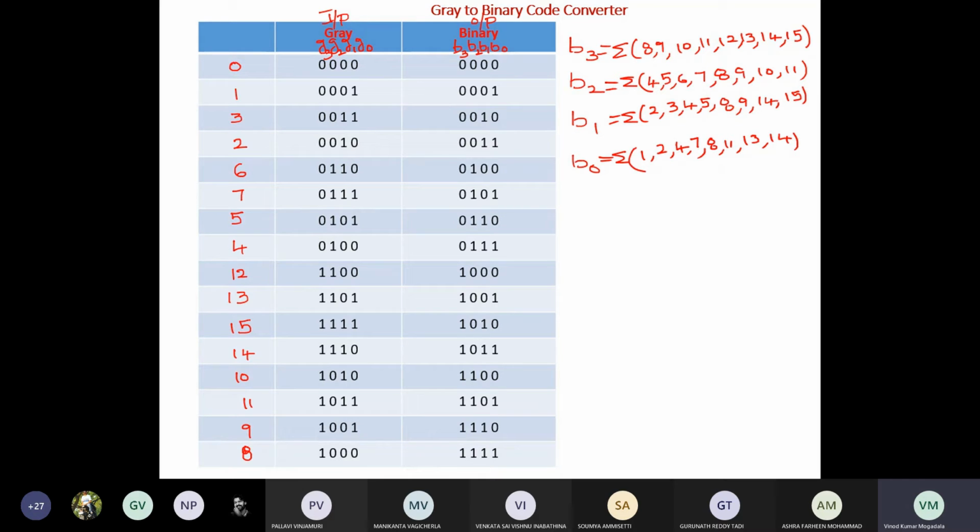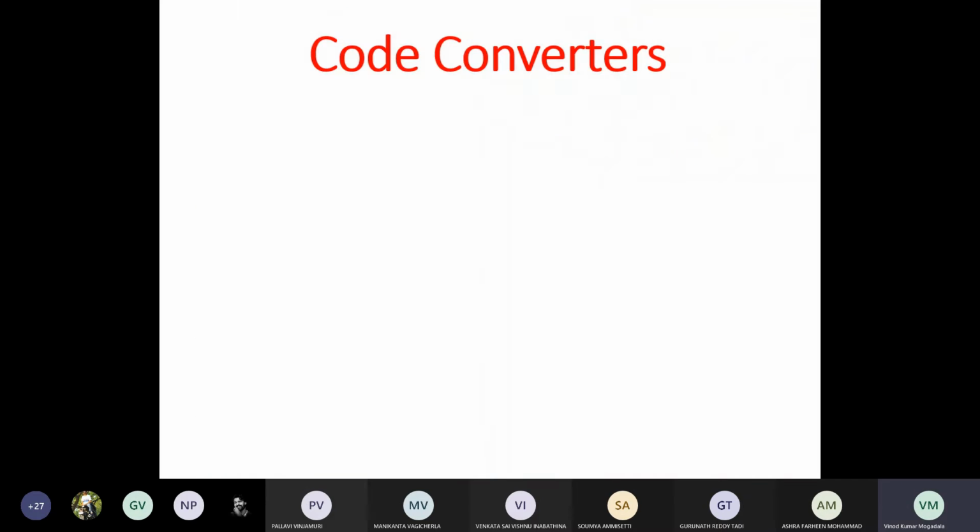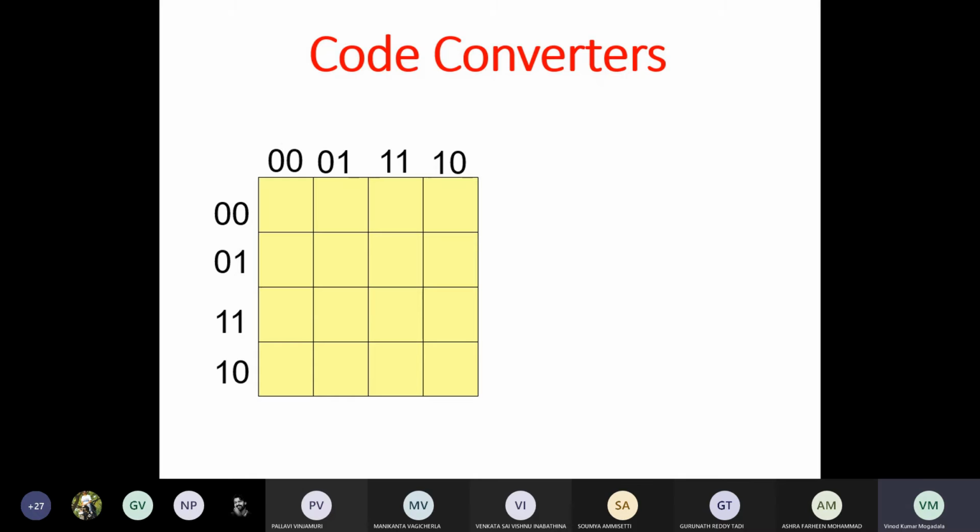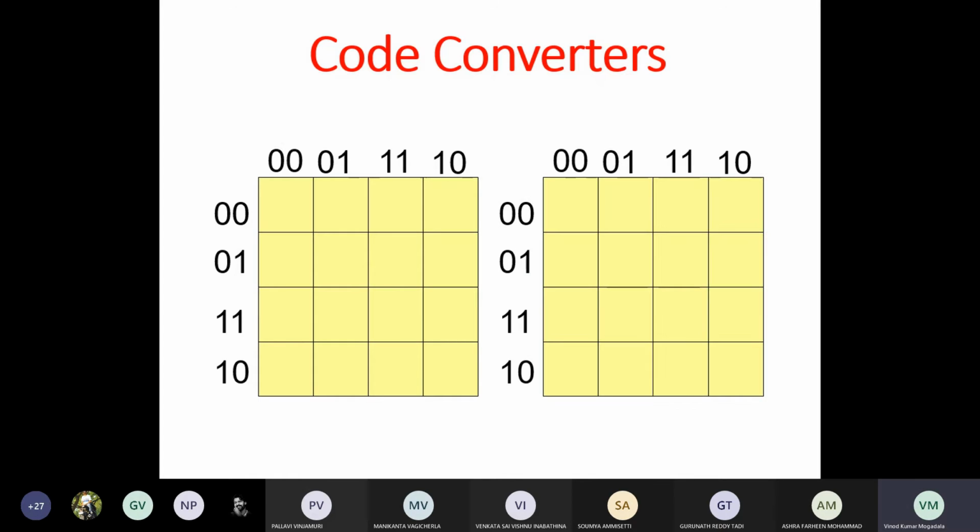Now we will draw the K-maps for each of the outputs B3, B2, B1, B0.